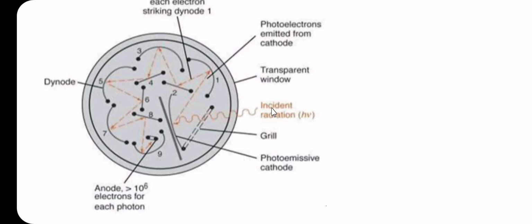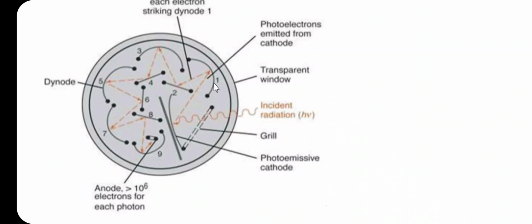When the light radiation strikes the cathode surface, it ejects electrons due to the photoelectric effect, and the primary electrons get accelerated in the electrostatic field between the cathode and the first diode and fall on diode number 1. So when the transmitted radiation falls on the inner surface of the cathode, there is ejection of electrons, and these electrons fall on diode number 1.